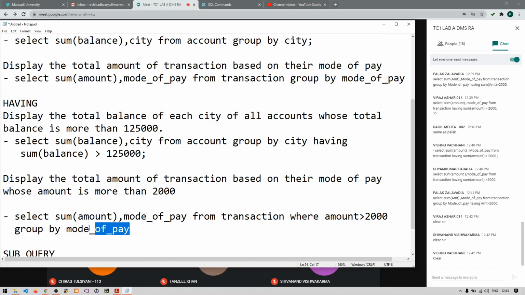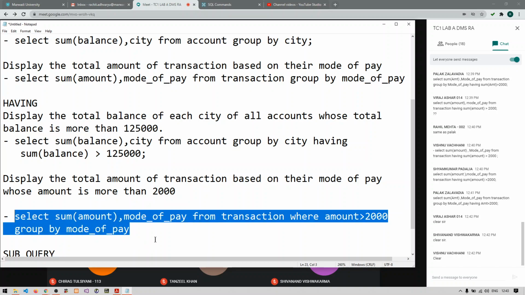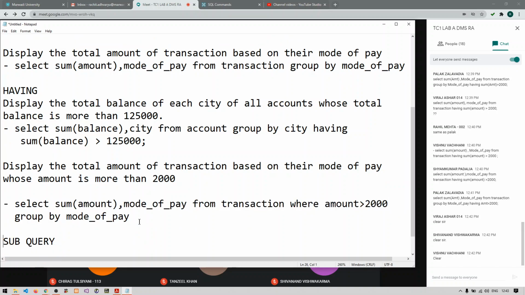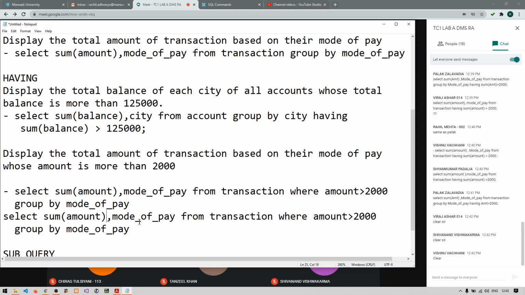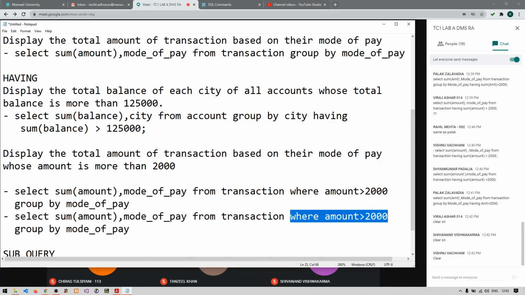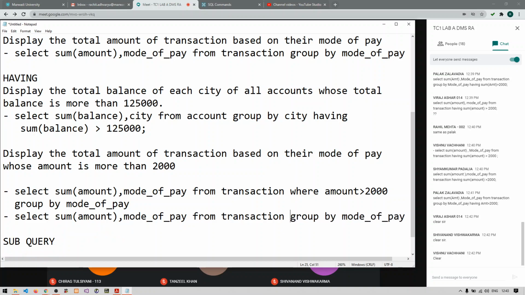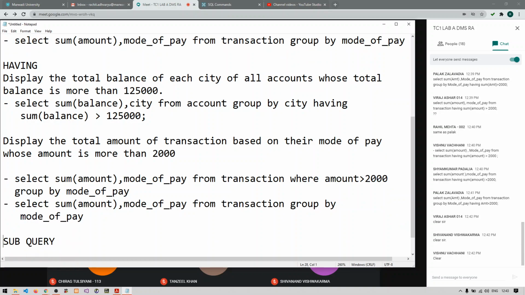But still, if you want to write this particular query using HAVING, you have an option, as Palak has already written in the chat. You can write SELECT SUM(amount), mode of pay FROM transaction, and rather than writing WHERE, you can just use GROUP BY mode of pay HAVING amount greater than 2000.